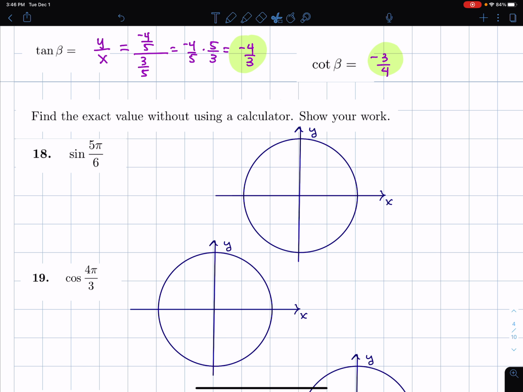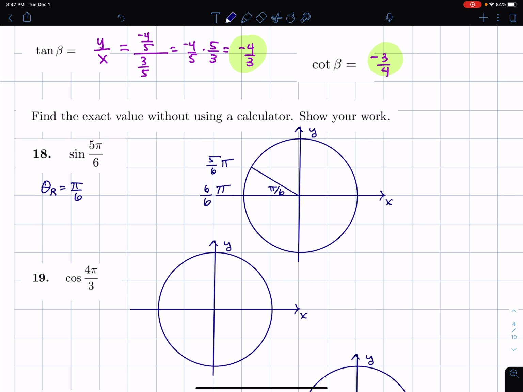The way I do this is I start off with referring to the x-axis, and I just labeled π, but I'm going to write that as 6/6 π. Now, the reference angle is going to be π over 6, and the way it works is you just look at the denominator 6 in 5/6, and the reference angle will be π over 6. I'm going to draw that, and so the reference angle is down here, π over 6, and I see that